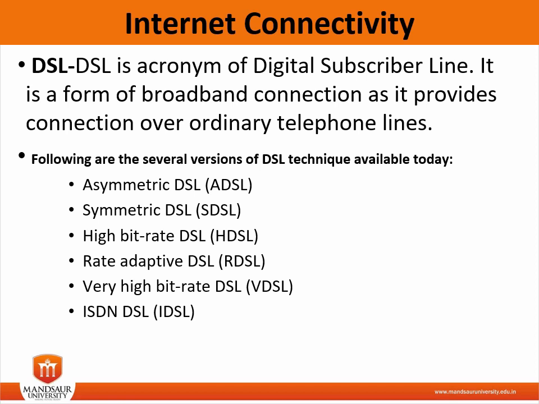So DSL uses analog sinusoidal carrier waves for data transmission, and the waves are modulated and demodulated at the customer premises with DSL modems. The telephone companies use a Digital Subscriber Line Access Multiplexer, DSLAM, at the end office, so that it can be connected to a high speed backbone network.